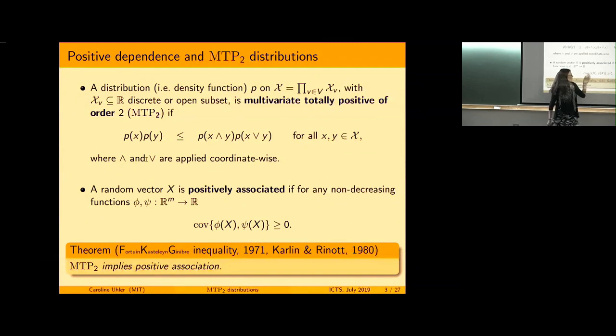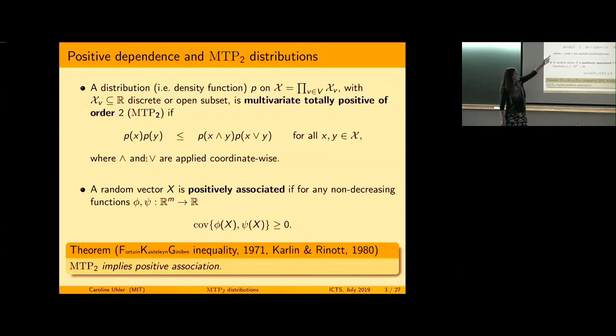Right, so this has been a super important property in statistical physics, etc. Probability theory, and people wanted to study this, but it's very difficult to check. This property, I have to check it for any 2 non-decreasing functions. And so what the celebrated FKG inequality tells us, and this is why it was actually introduced, MTP2,